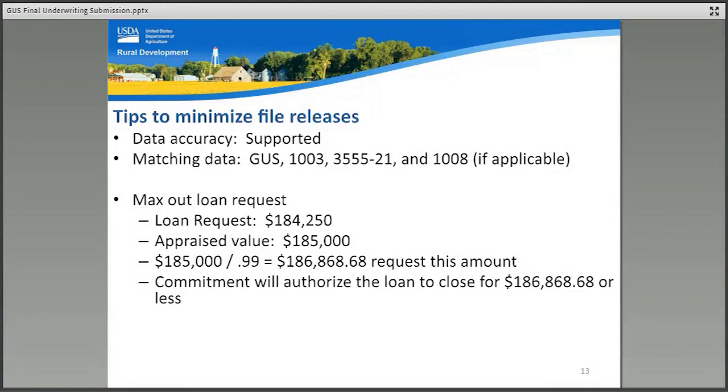If the loan is eligible to support this request, USDA will issue a conditional commitment, Form RD 3555-18, for this amount. This will help lenders to avoid the requirement to request a release of the loan due to last-minute upward adjustments, which many times are for extremely small amounts.